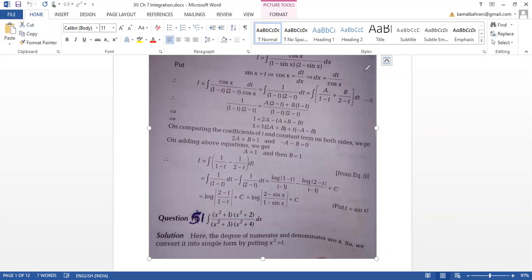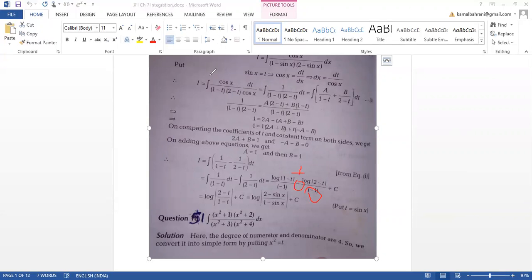What we used to do, the differentiation of 2 minus t is what? Minus 1. So minus 1 will be divided. In differentiation we used to multiply it, here we used to divide it. Plus c. Now you can write this as minus, and this will be what? Minus into minus, this minus and this minus will get what? Plus here. So you will get 2 minus t, this will be plus and this will be minus.